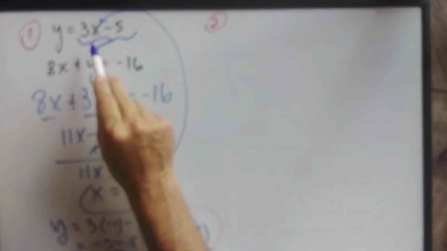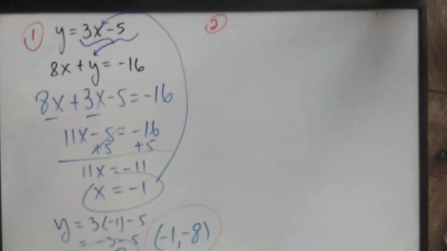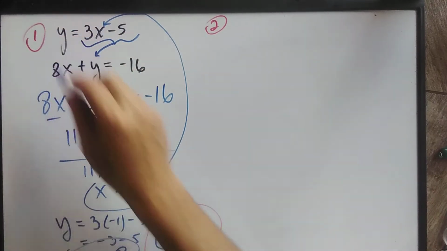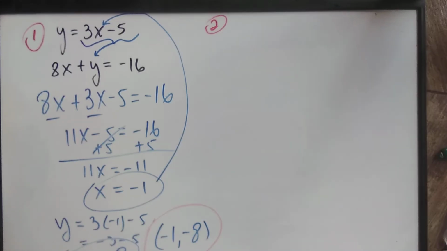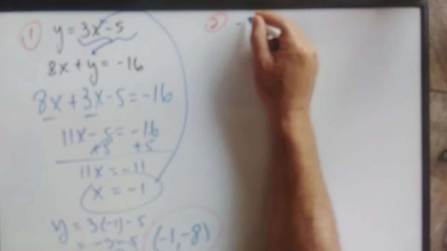Okay, so if you notice right here, for us to be able to use elimination, I need to line up the x's, the y's, and then a number on the other side. They all have to be lined up. So I'm gonna move the 3x over to the other side. Whenever you move any term from one side to the other, all you have to do is change the sign of the term to the opposite. So I'm gonna have negative 3x